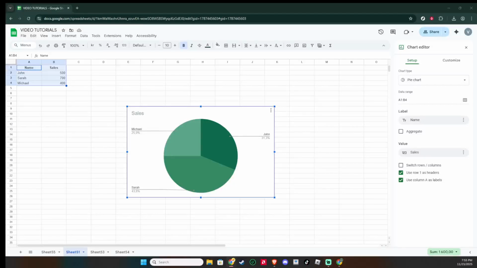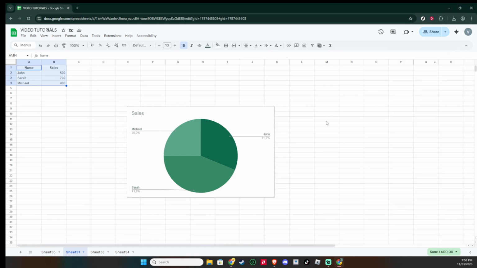In today's video, I'm going to teach you how to add data labels to a chart in Google Sheets. Data labels are the small numbers that appear directly on your chart, making it much easier for your audience to read exact values at a glance. They're especially helpful when you're presenting, sharing a dashboard, or printing a report where hovering over data points isn't an